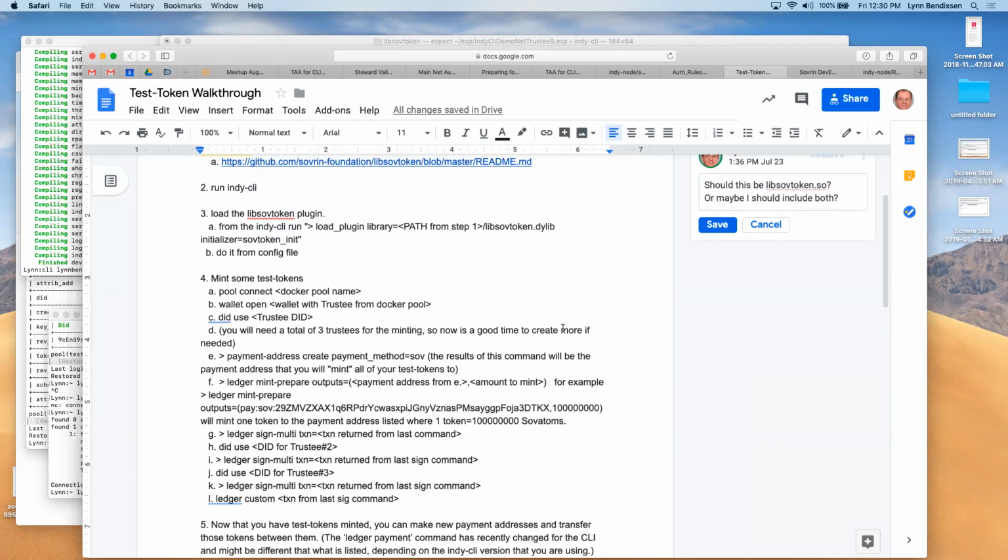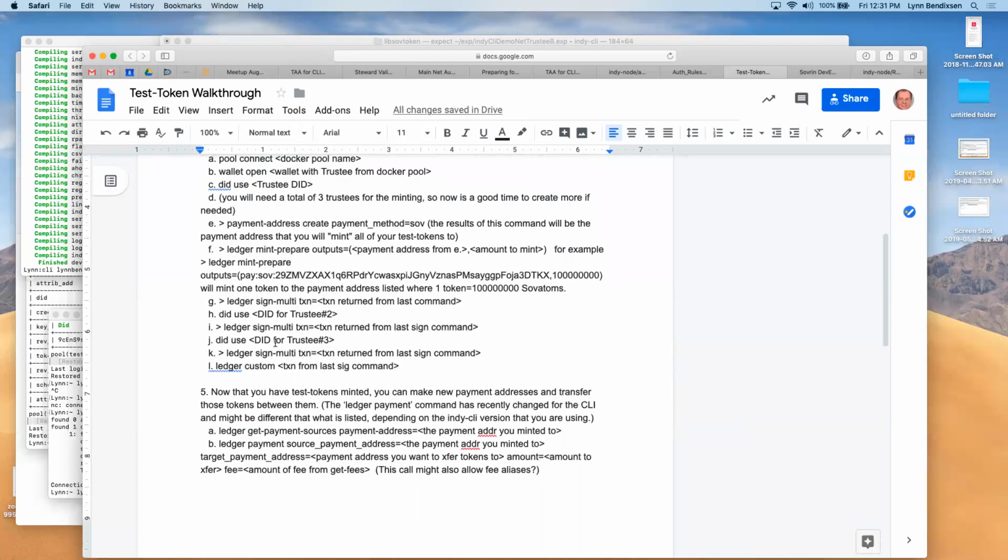I should say it's one of the purposes for the tokens. The initial creation of tokens on your local test network is called minting. So that's the first step in this walkthrough, to mint some test tokens so that you can have them available for use.